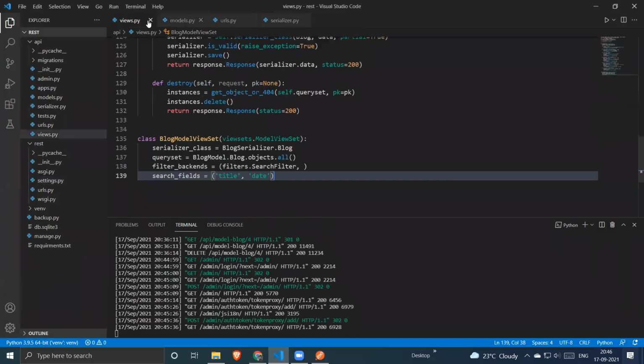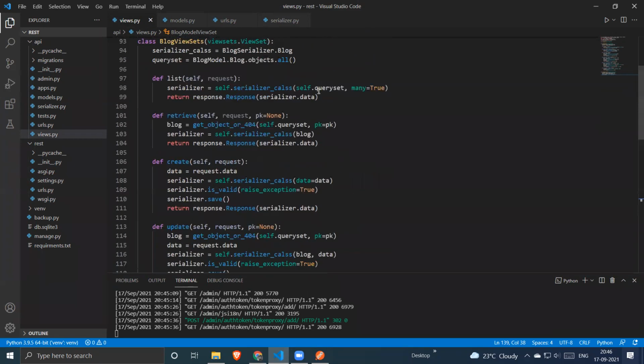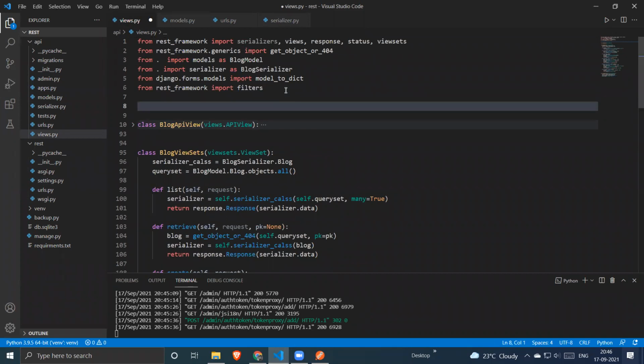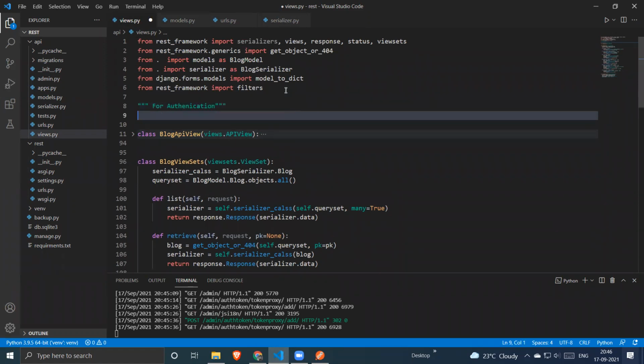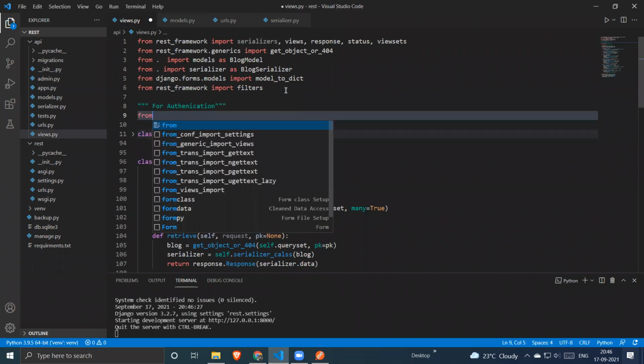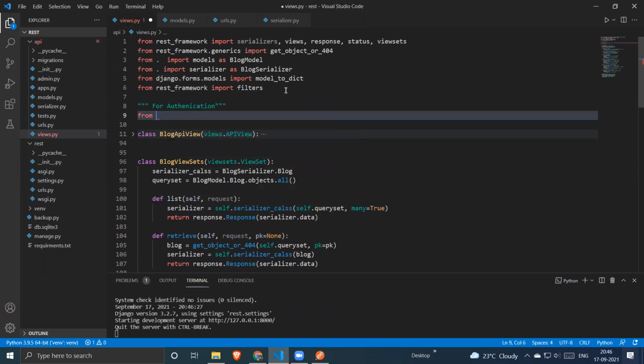Okay, so let me visit the view function, and we have to make a couple of imports before creating our class. Let me add a docstring for authentication. The first import will be from rest_framework.